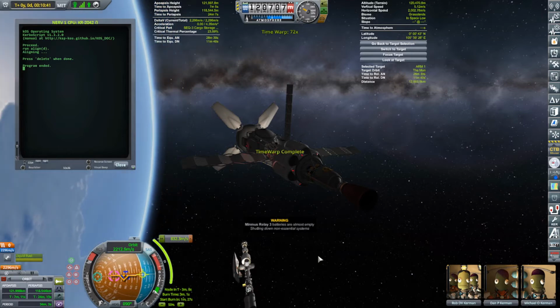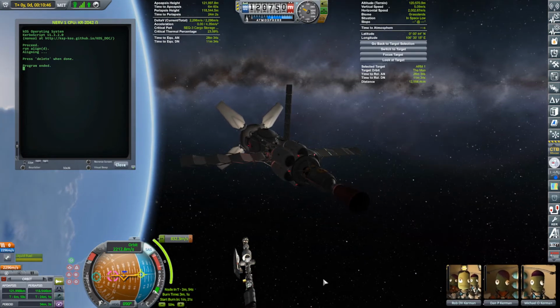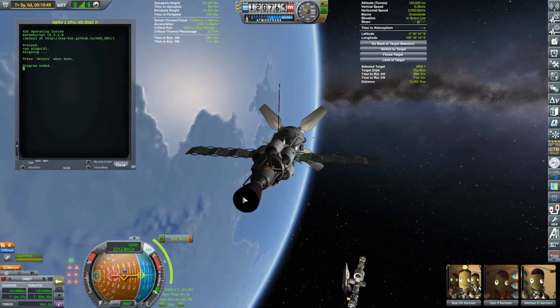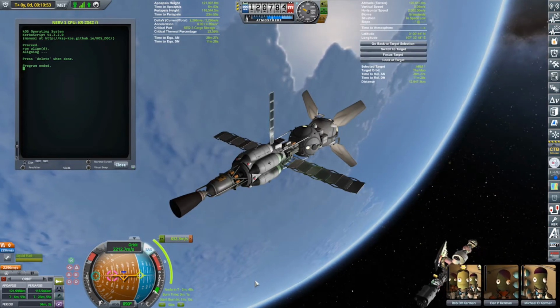Oh, do not come in front of us, station. I think we're okay. Getting a battery warning, which I really don't care about. It is a 3-minute and 1-second burn because we don't have the greatest thrust to weight ratios on this vehicle, but what we do have...